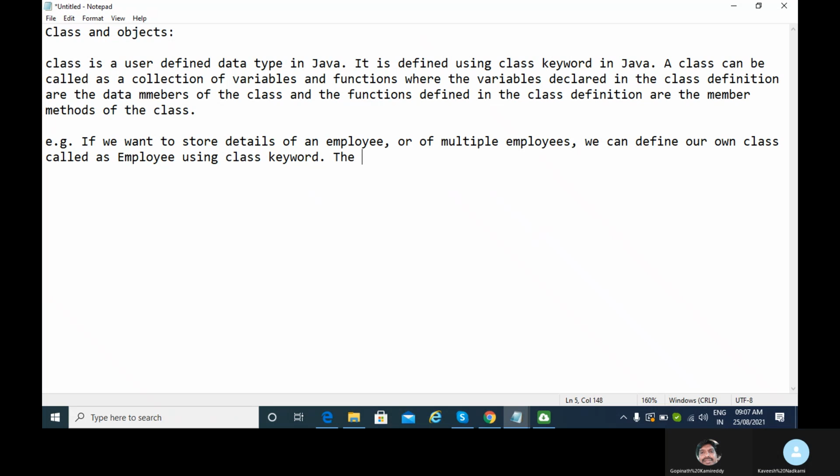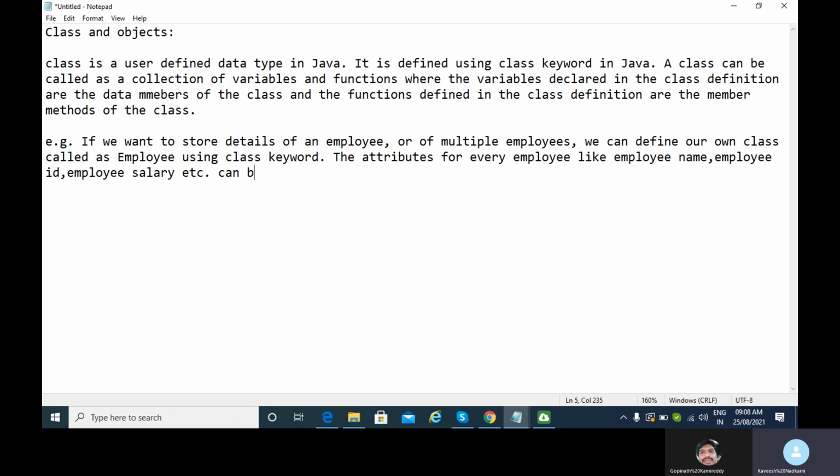The attributes for every employee, like the employee name, employee ID, employee salary, qualification, etc., can be declared as variables in the class employee definition.